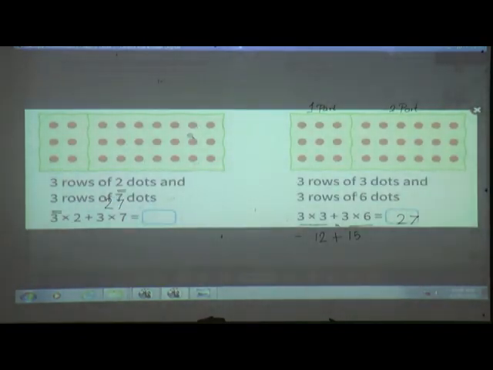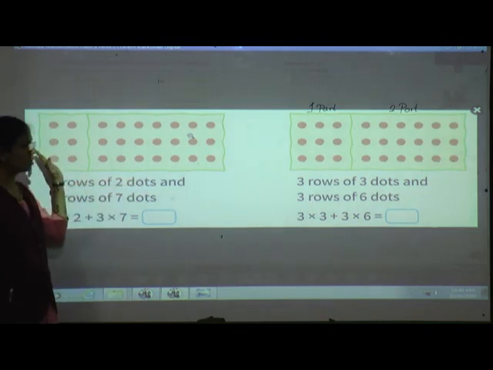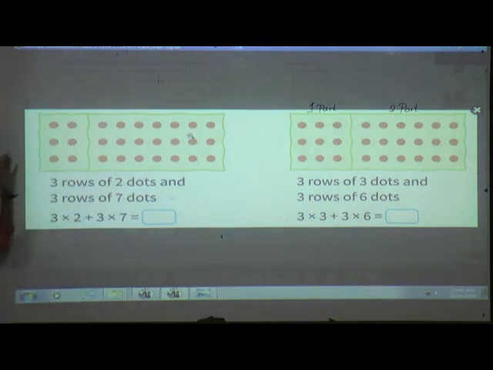Now here I will show you the third box. See here. Now see, this is the third box. Now what do we have to count? We have to count how many total dots are there in this full box. But in that big box there are two parts. We can see there are two parts.